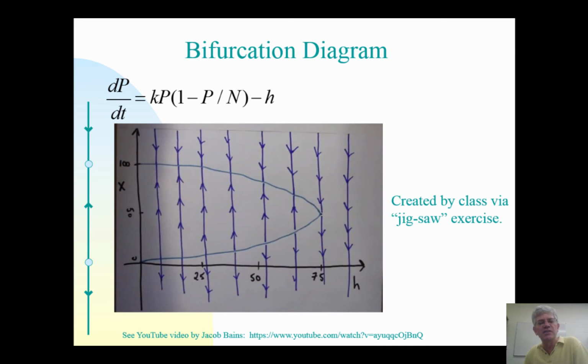So the mathematics involved is something called a bifurcation diagram. It's made up of a bunch of these phase lines, these vertical lines that we looked at earlier, and for each different fishing level, you have one of these vertical lines. I have the students in teams do a jigsaw exercise where they each have a couple of H values, and they draw their phase lines for those H values, and then the other teams put in their phase lines, and together we produce this whole diagram, and we kind of connect the dots of the equilibrium